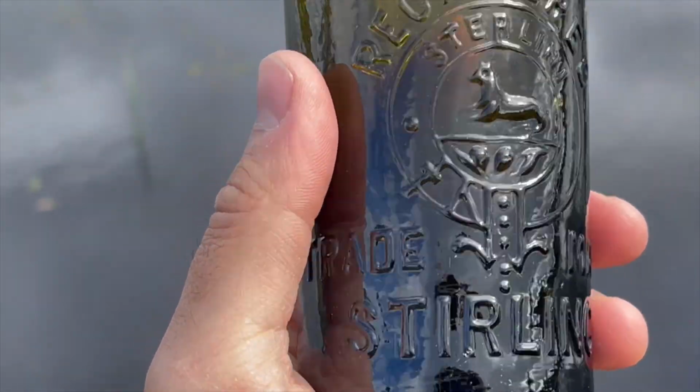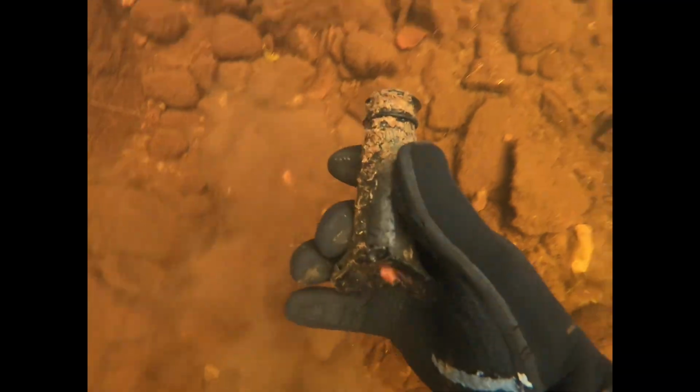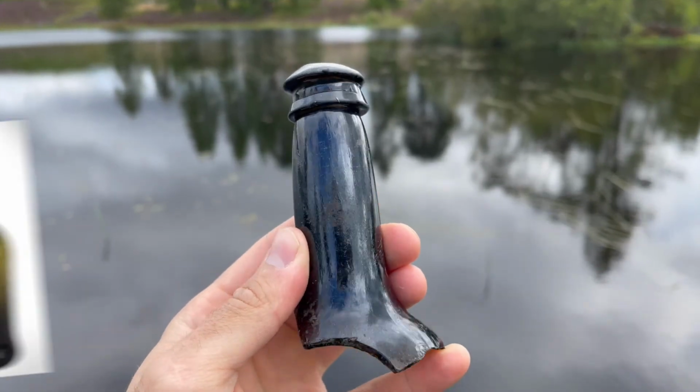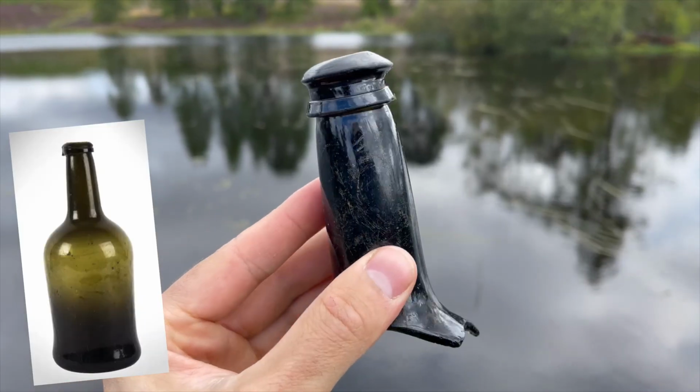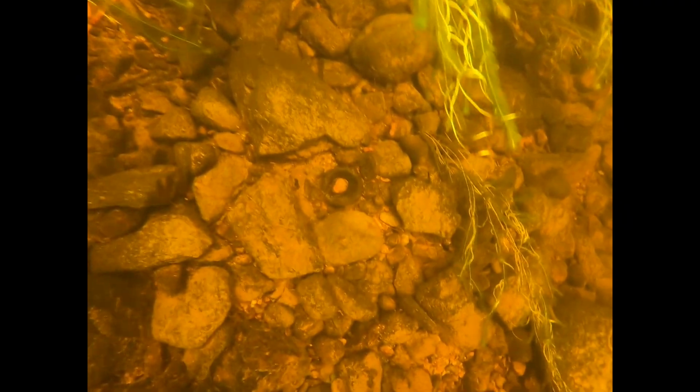We're just bobbing our way past the very exciting 17th century inn section of the river, and just on cue the early glass finds are starting to appear. We've got a kind of squat mallet or squat cylinder bottle top here, maybe late 1700s, early 1800s. Then we come across an exciting base, probably from a very similar bottle actually,